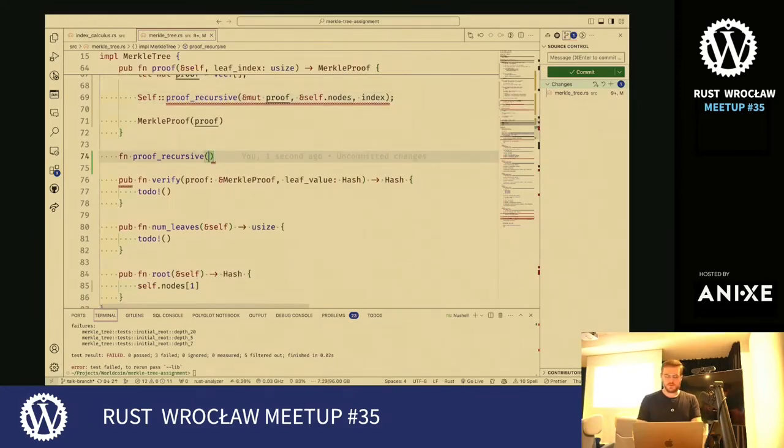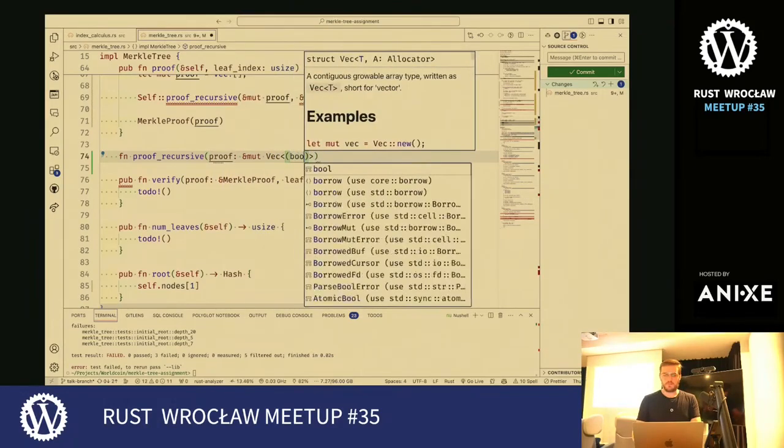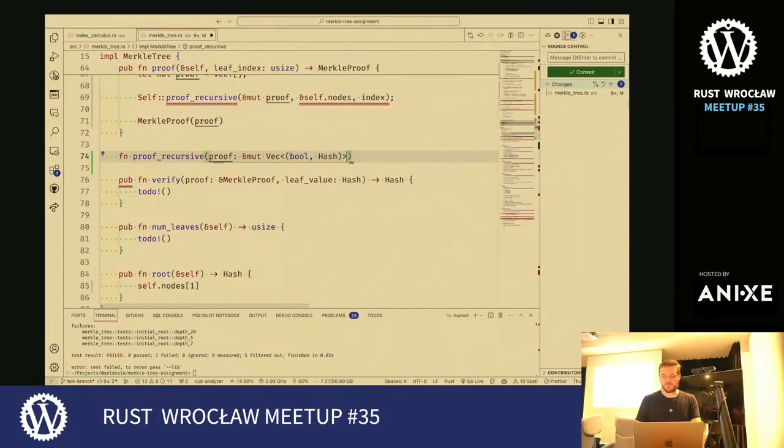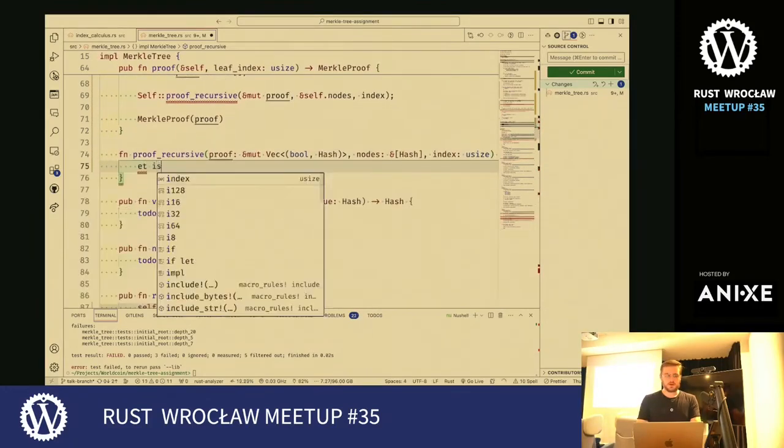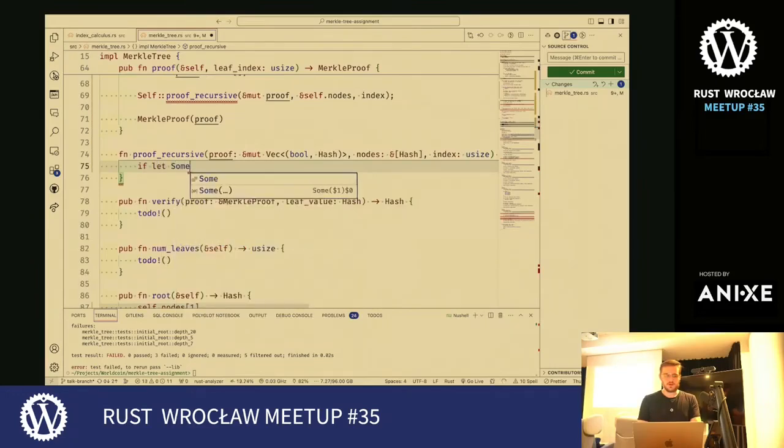Proof recursive accepts a proof, which is a mutable vector of a Boolean and a hash. We also need access to the list of all the nodes, and we need the index which we're proving right now. So let some,